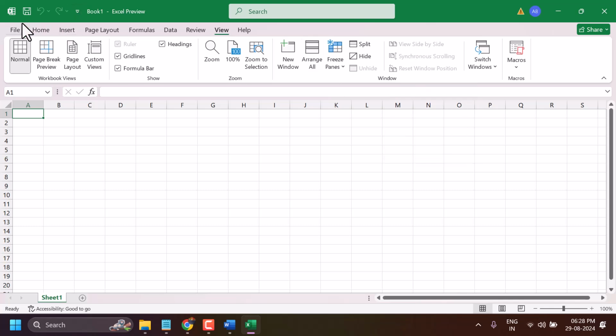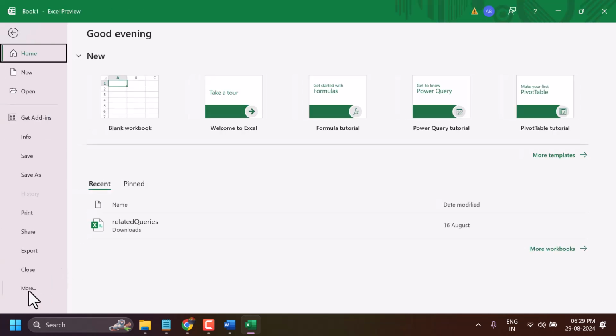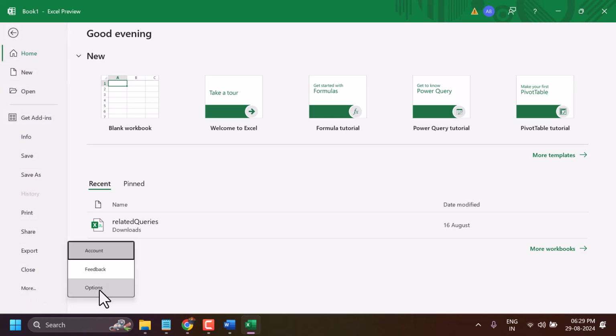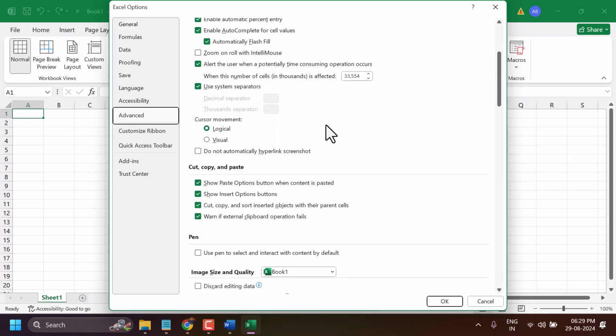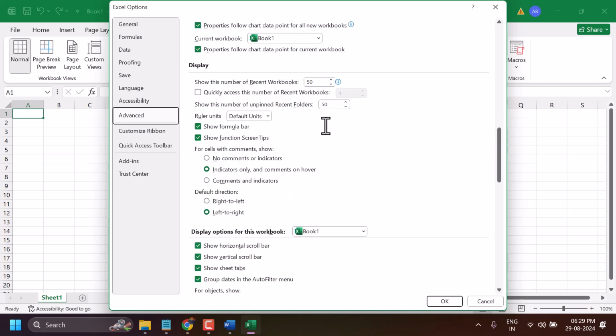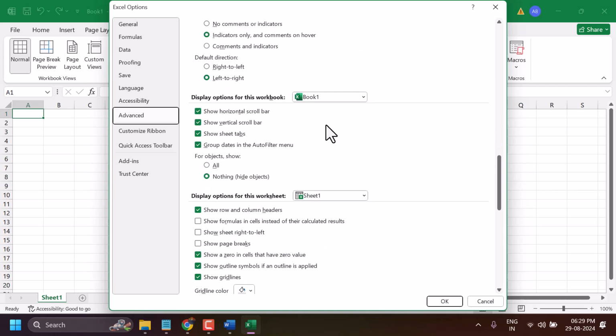To resolve this, click on File, then click on More, and here click on Options. Here click on Advanced, scroll down, and underneath Display options for this workbook,